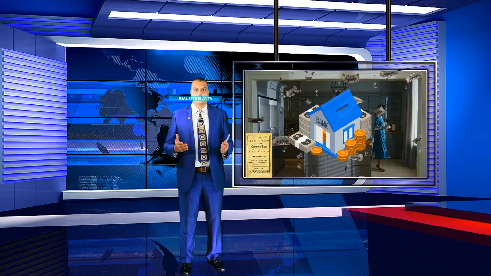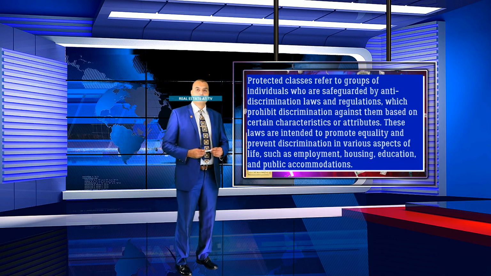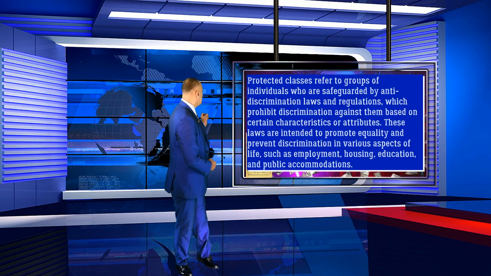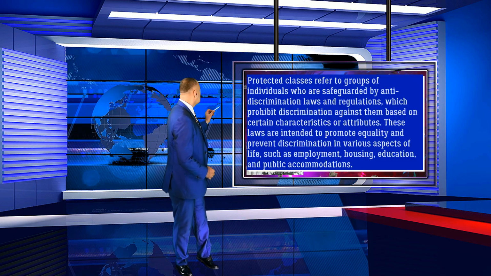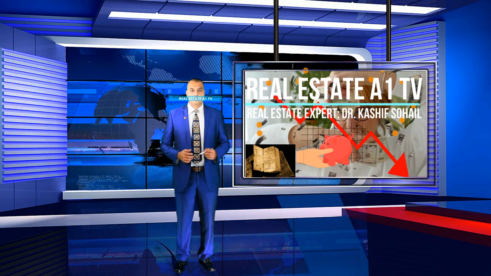Protected classes refer to groups of individuals who are safeguarded by anti-discrimination laws and regulations, which prohibit discrimination against them based on certain characteristics or attributes. These laws are intended to promote equality and prevent discrimination in various aspects of life, such as employment, housing, education, and public accommodations. The specific protected classes can vary depending on the jurisdiction and the specific laws in place, but some common examples include: